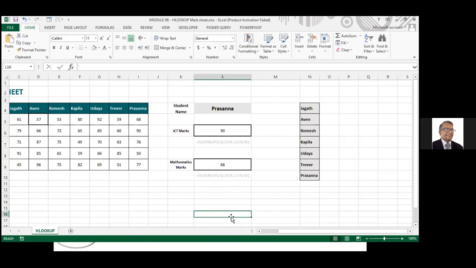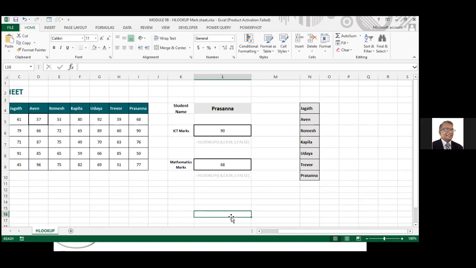H means horizontal lookup. You are looking up horizontally. That's what it means. How you are in the table, how your lookup field is entered, whether it's vertically or horizontally. That's all that matters. That's how you decide whether it's HLOOKUP or VLOOKUP. In the table, you have a lookup field where you are going in the table and searching. How that is positioned in the table, vertically or horizontally.